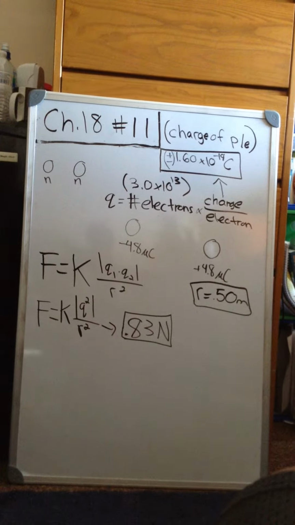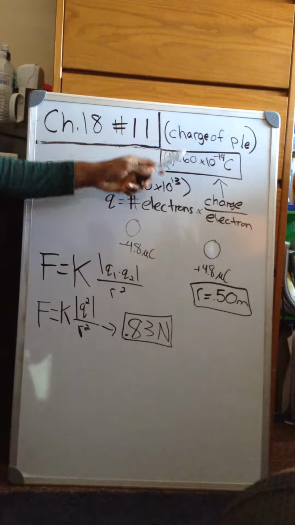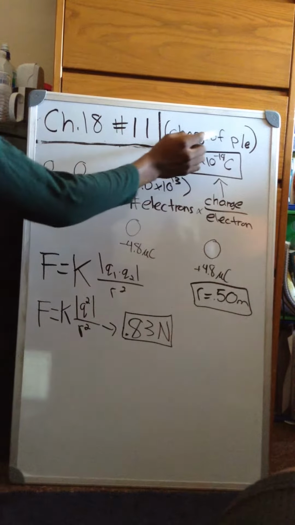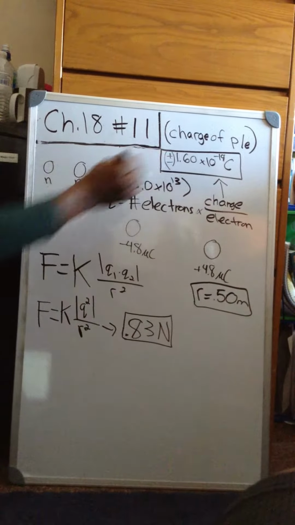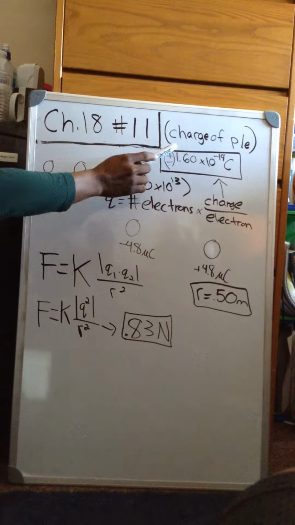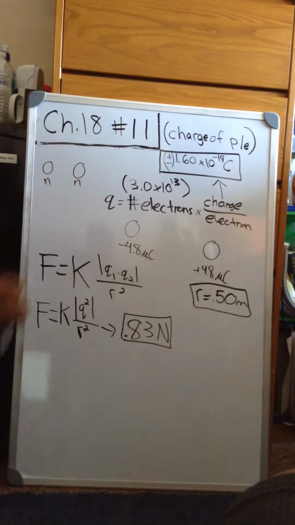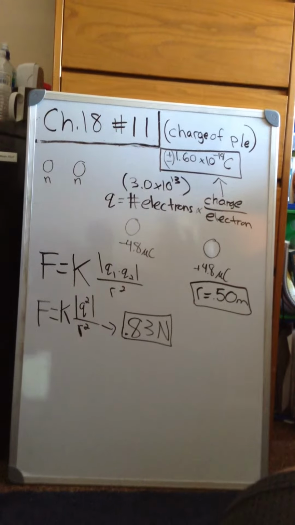Right, so the first thing you need to know is the charge of a proton or electron, which is 1.60 times 10 to the negative 19 coulombs, depending on whether it's a proton, positive, or electron, negative. Here I have my two neutral charges, and the problem states that